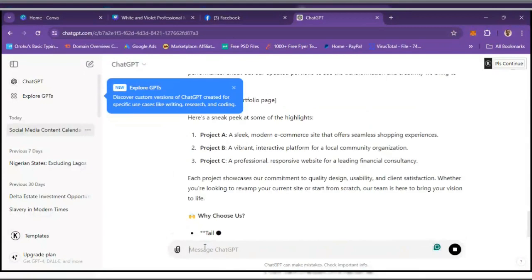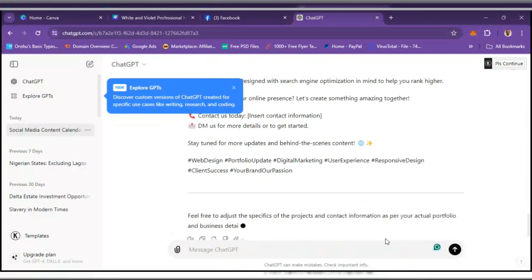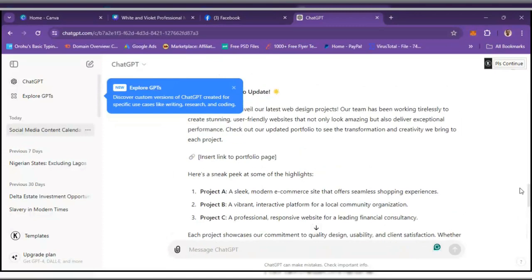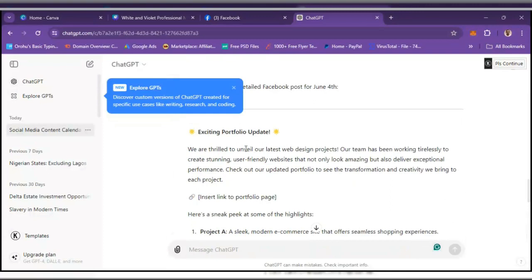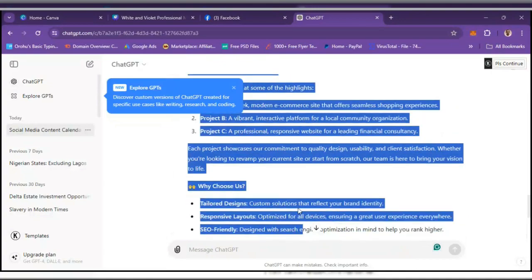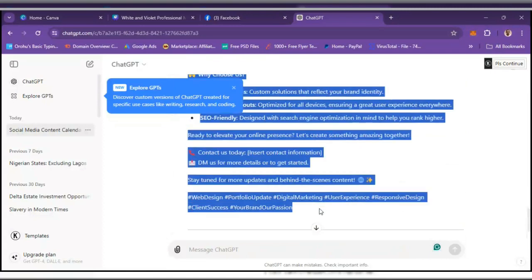If you already went through the copywriting section, the content creation section, you should not find this very difficult to do. And you can see these contents are AI written. If you read them, you know that these are AI related content. You can edit them, make them friendly, or just get the idea and write on your own. Our team has been working tirelessly to create stunning websites that not only look amazing, but also give us social. Check out, can you see? So now, if this is a post I want to actually curate,